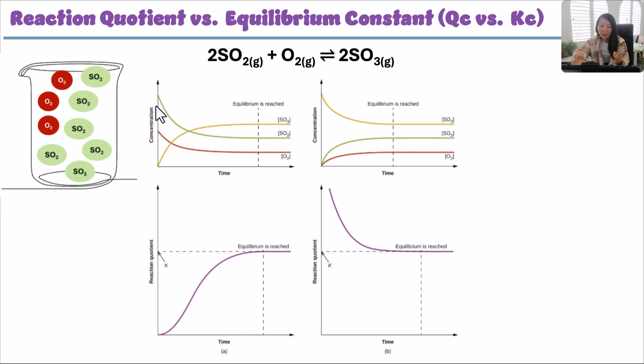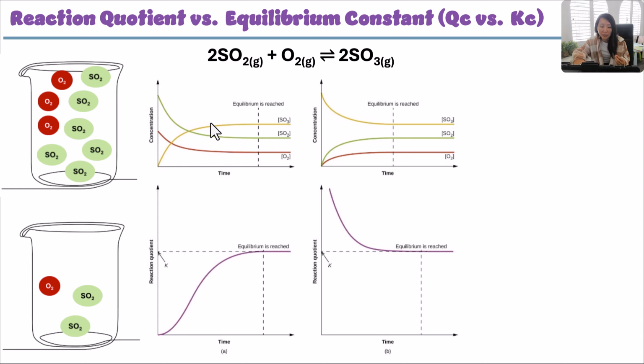So you can see that in the corresponding graph that you have some concentration of the 2 reactants. Now, as time passes, you can see the diminishing of the reactant, and that's because those are being utilized. It's being used to make SO3, or sulfur trioxide, and that one is increasing. So in the next beaker, you can see the formation of the sulfur trioxide and diminishing of the sulfur dioxide